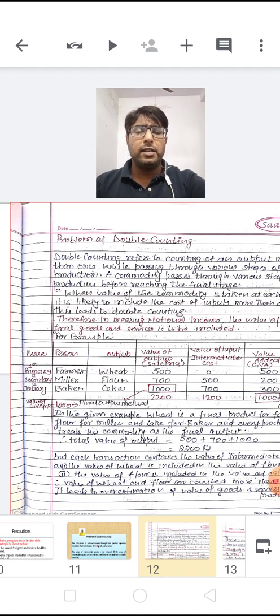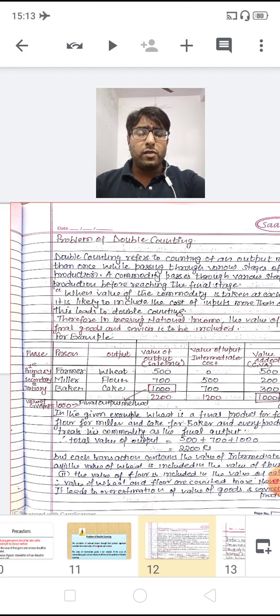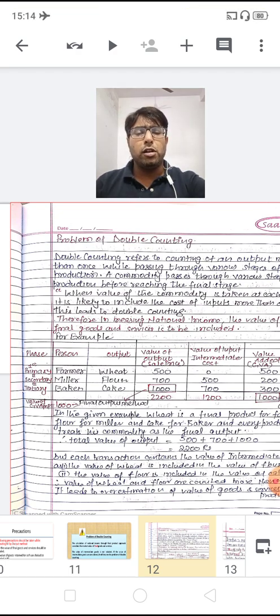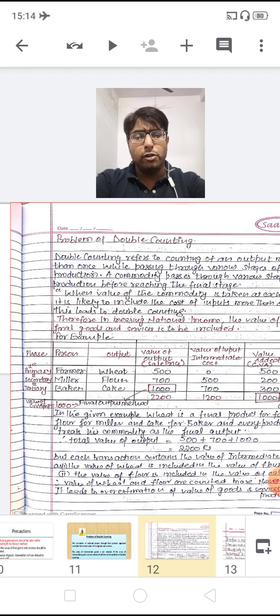Now next is the tertiary sector, the baker. The baker is buying the flour from the miller and is making cake from the flour, and that cake is being sold in the market for 1000 rupees. So the cost price or the intermediate cost for the baker himself is 700 rupees, because flour has been sold by the miller for 700 rupees. So the value added by the baker himself is 300 rupees.